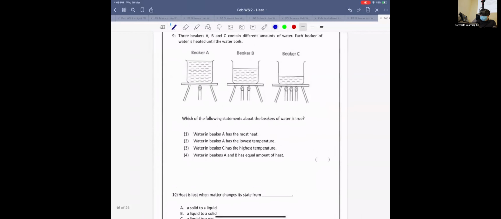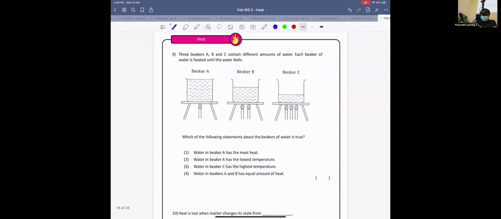Question 9. 3 beakers A, B, and C contain different amounts of water. Each beaker of water is heated. Do you need more heat to boil more water? You need, because imagine you try to take a candle flame. If you don't need more heat to boil more water, then you take the candle flame and you take a